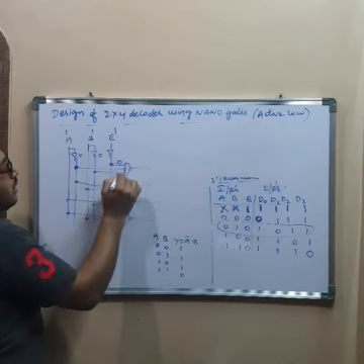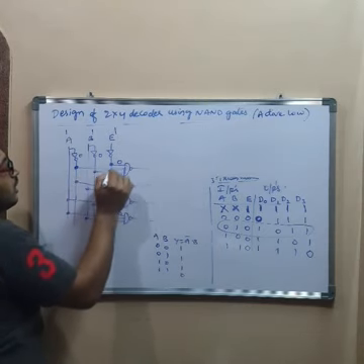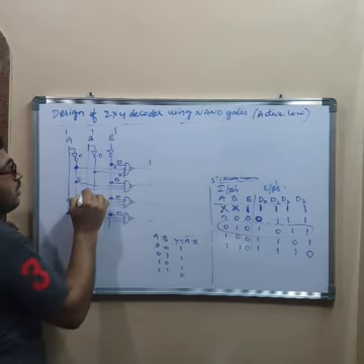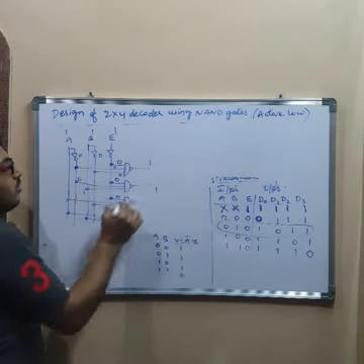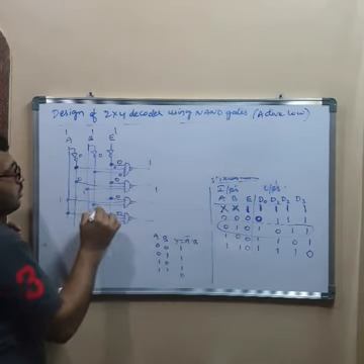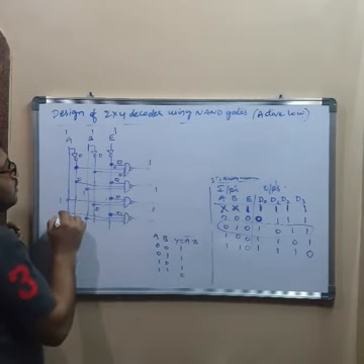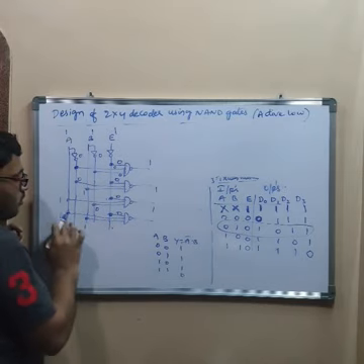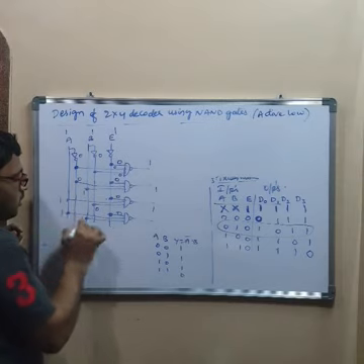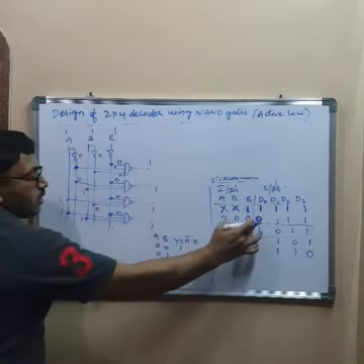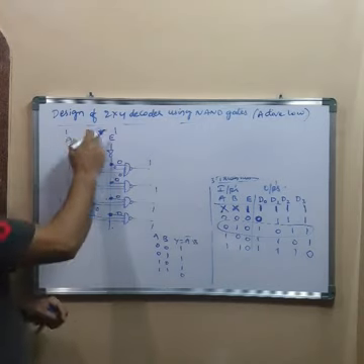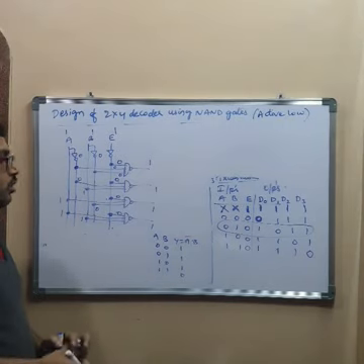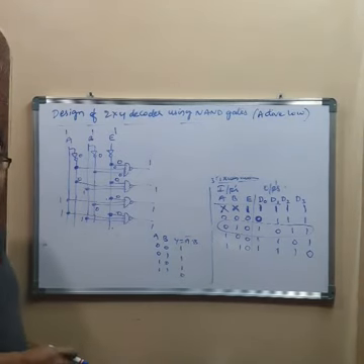See here 0 is connected, here 0 is connected, all zeros will be 1. Next, here 0 is connected, here 1 is connected, this will be 1. Here 1 is connected, 0 is connected, 1. Next, this is 1, 1, 0. 1, 1, 0, 1. None of the output is selected. So you can change the combination whatever it may be starting from 0 0 to 1 1, right? So this is 2 into 4 decoder using NAND gates.